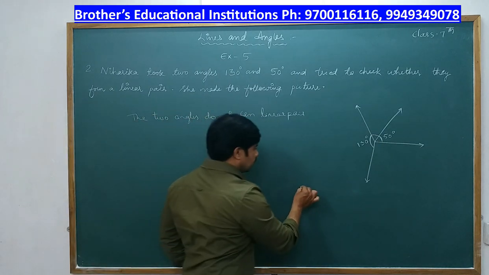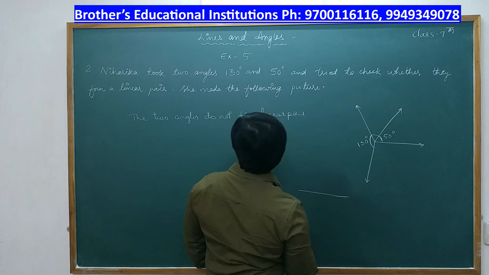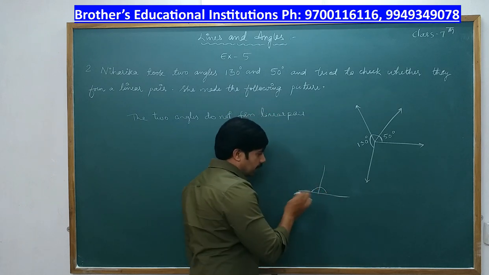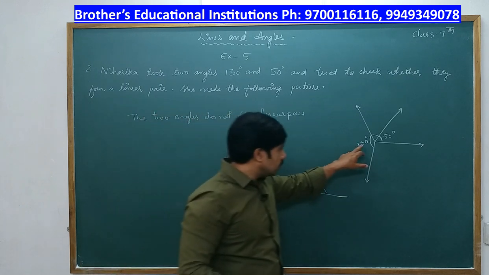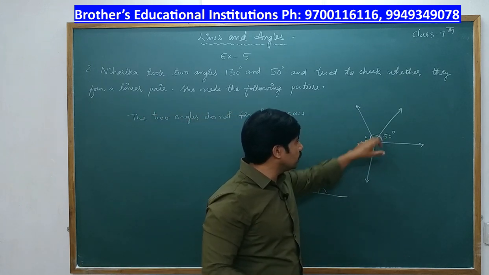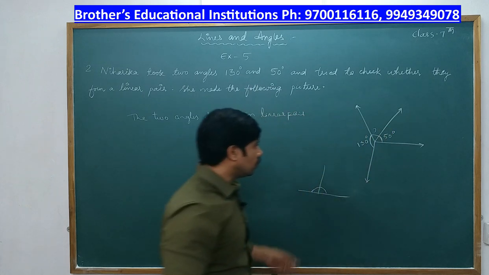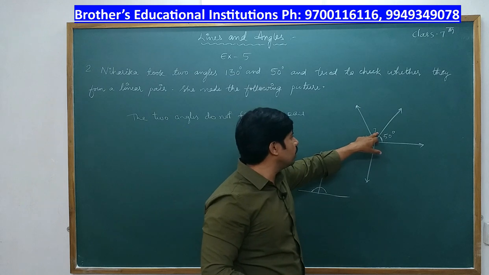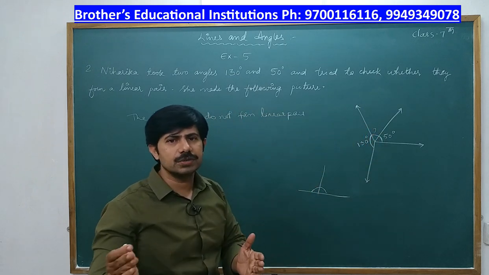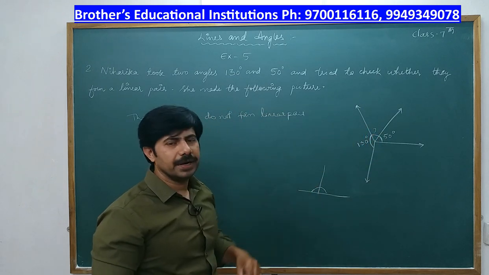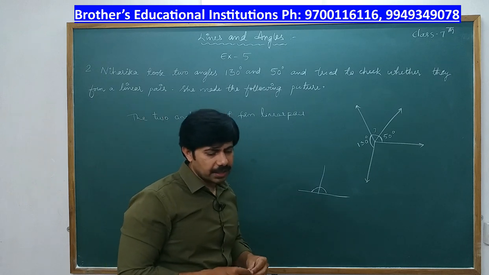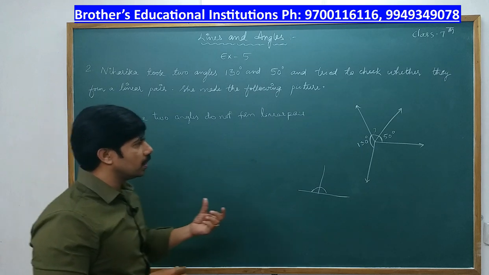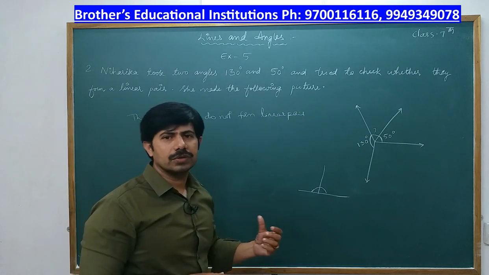So in adjacent angles or in a linear pair, it should be adjacent angles like this. It should be adjacent. But here these two look like adjacent, but this angle is unknown now. So 130 plus 50 is 180, but this angle should be more than 0. It exceeds 180. So this is the mistake she made: she made the angles more than 180 degrees. Okay, so this is completed.